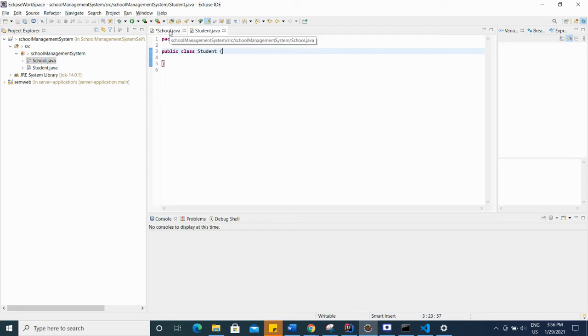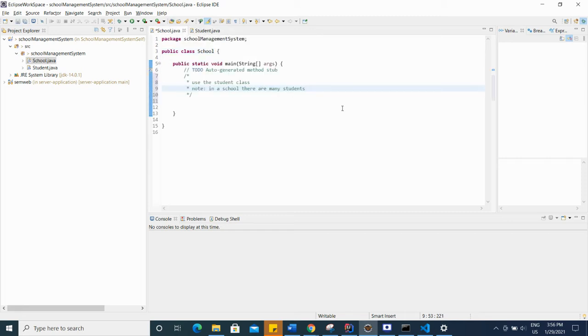In order to use this student class, what we all know is creating an object of the class. But if I have to create objects of the class student,